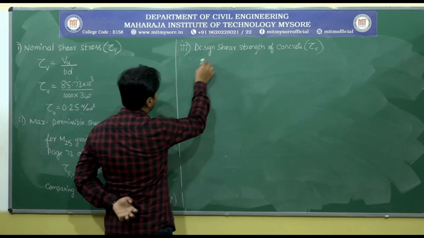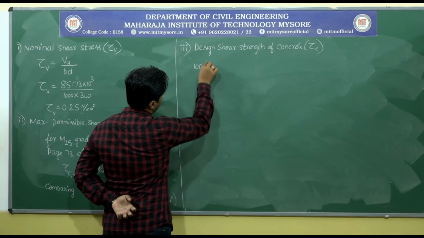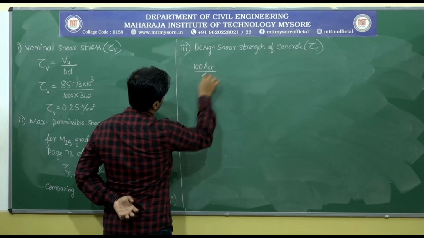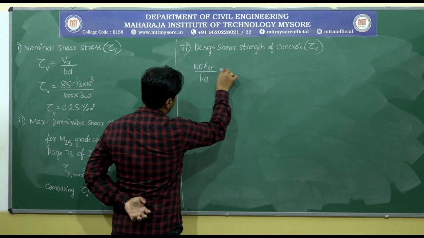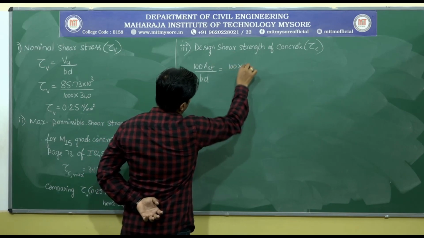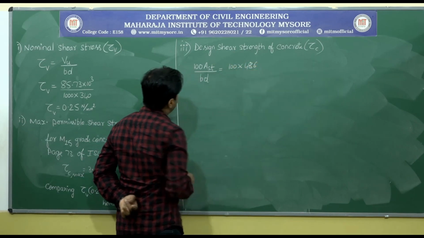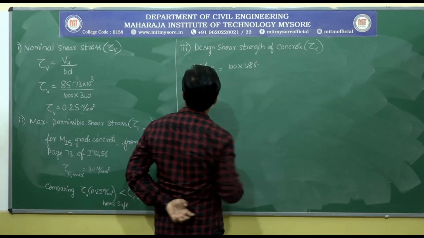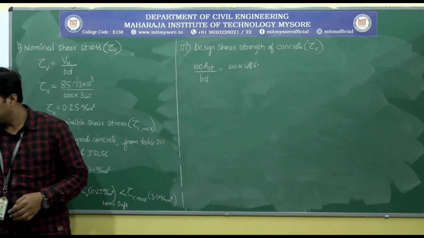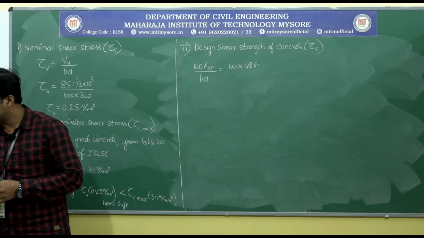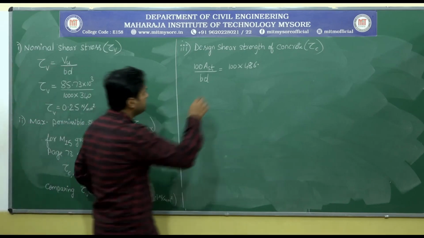To calculate the tau C value, first we need to calculate 100 AST by BD. So 100 into 486.73,